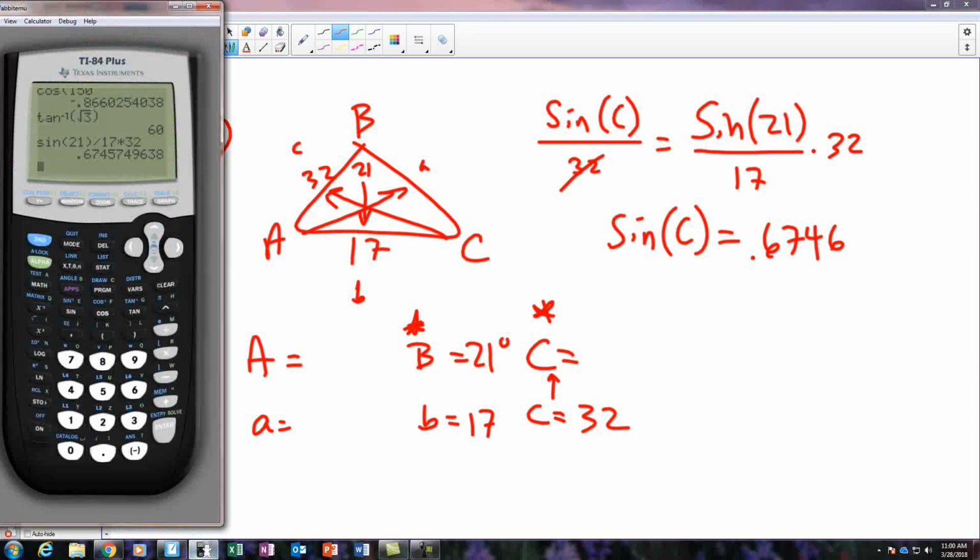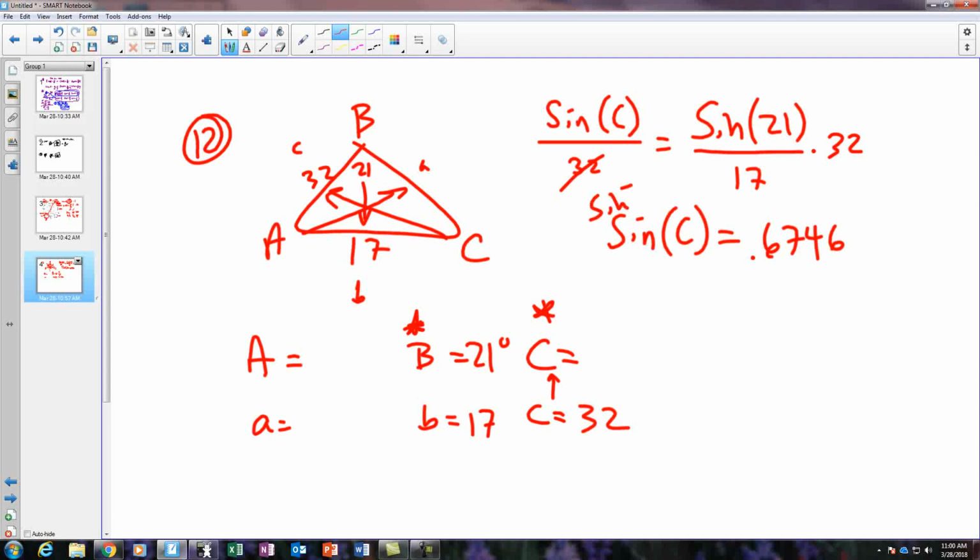But I'm going to go straight back to my calculator. I know to get C alone, I need to do the sine inverse. So second sine, second answer, grab my answer from above, 42.4. Okay, so I'm going to do sine inverse, and that gives me a